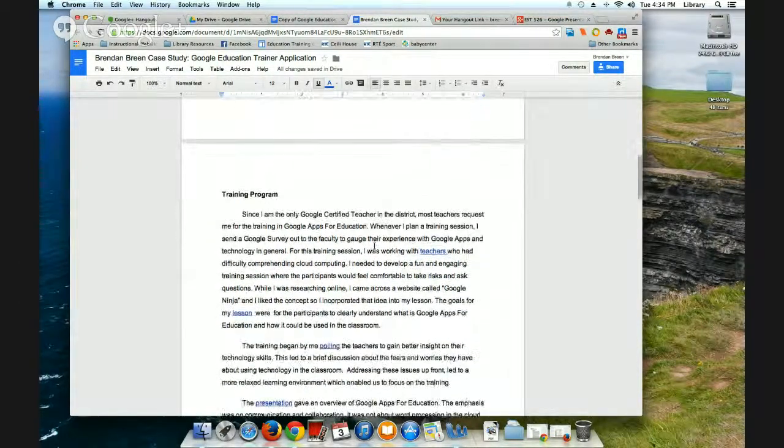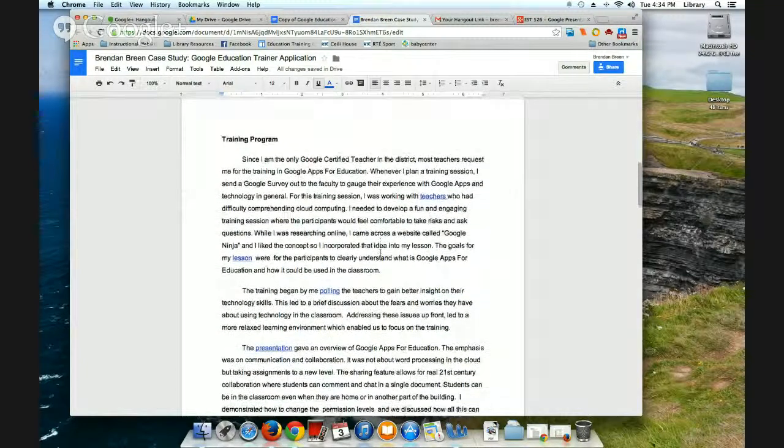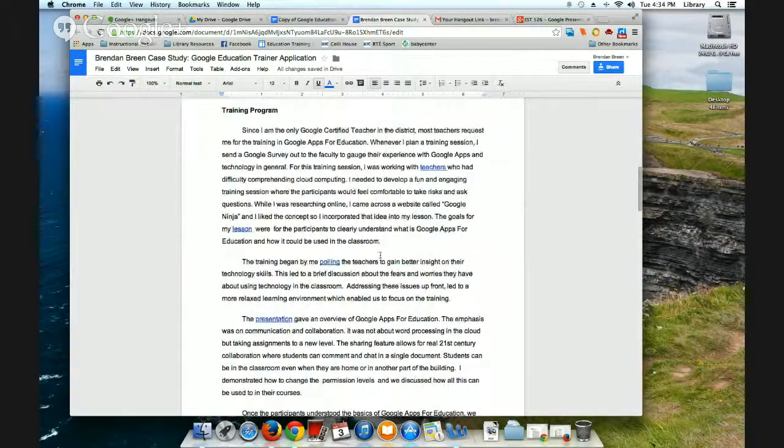Okay, so we're going to take a look at the training program. I've developed real formal professional development training, and I've also used individualized training as well. In this training program, I took a department that normally doesn't have the reputation for implementing computers and tech into their classrooms, and I explained to them how Google Apps can help them, and they were very interested in a training session. So I developed a training session for a foreign language department in my building.